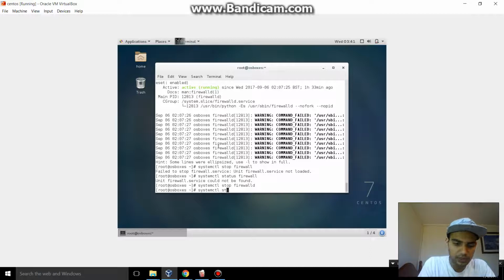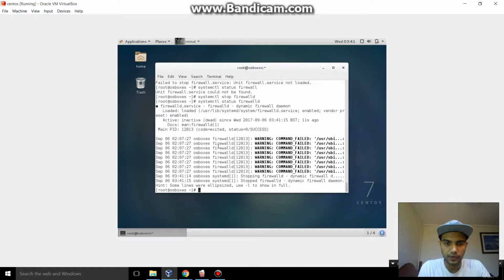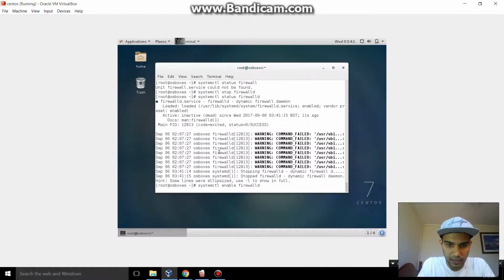systemctl status firewall. See, the firewall is disabled, so it's inactive. The simple command is systemctl start. You need to do enable first, then enable firewall, and it's going to be done. Now it's done. Now you do systemctl start